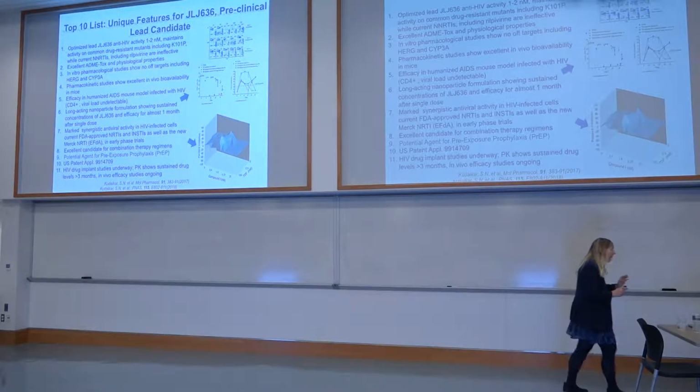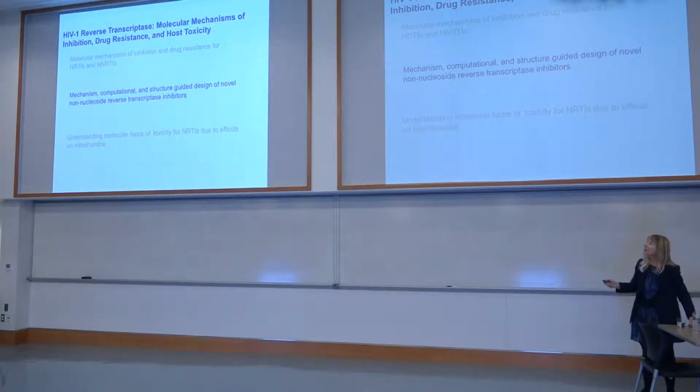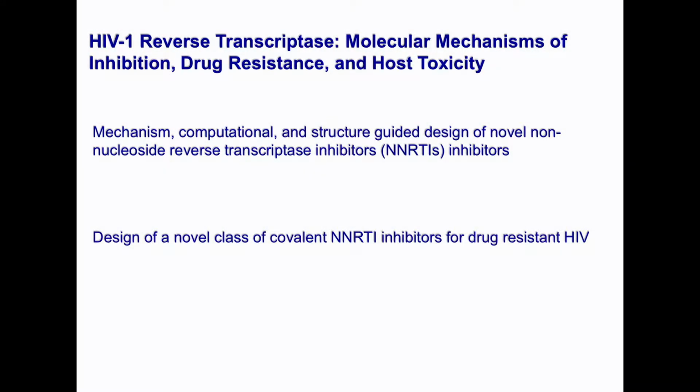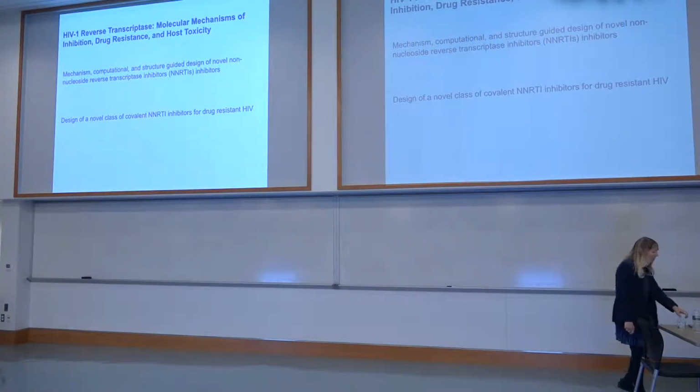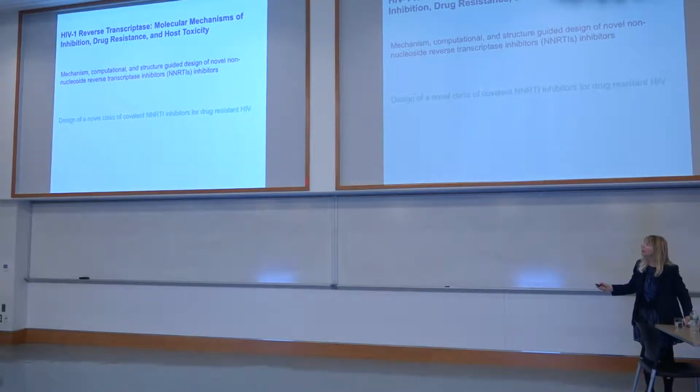Now, just in the last couple of seconds, I want to tell you about a newer area that we've also started, in terms of thinking about developing yet newer scaffolds. And one of those scaffolds is a scaffold to target drug-resistant mutants, and we were interested in developing some covalent inhibitors, particularly against drug-resistant mutant forms of HIV. And so I wanted to just mention some of those studies that are sort of a first step toward developing these inhibitors.